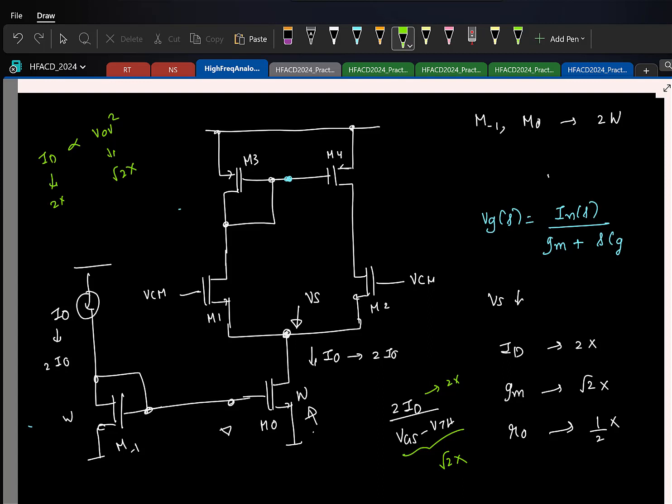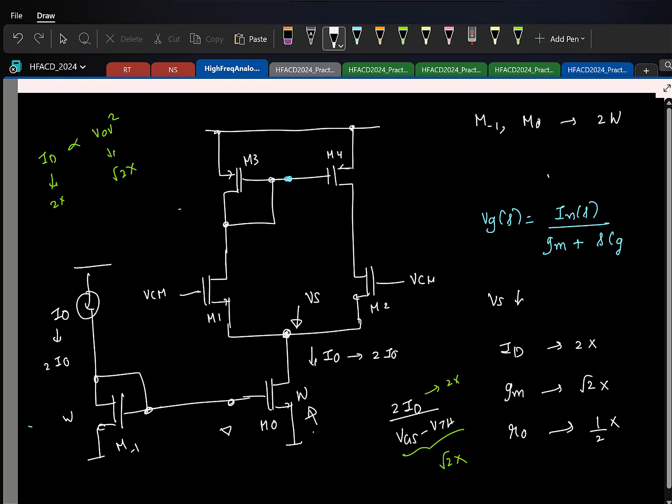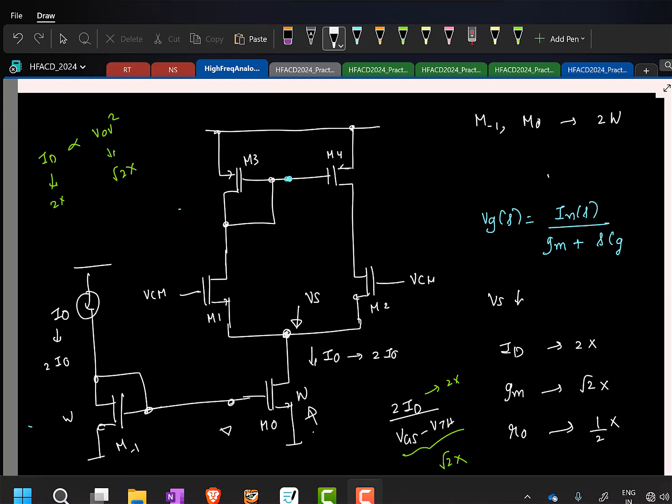You can use any relation, just be careful. You should make sure that you take into account what happens to each parameter in your expression. That's all. Okay, so I think I'll stop here. You can give some more as an exercise. You can work out. But this is what